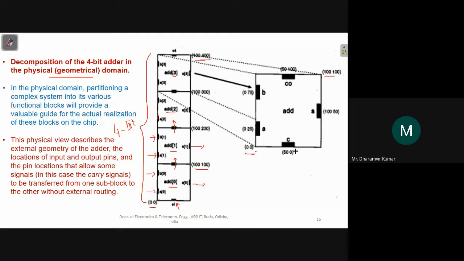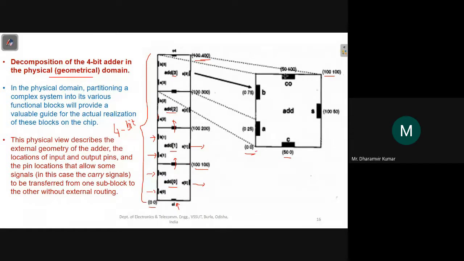This 50 comma 0 gives the location for this carry input pin, this 0 comma 25 gives the location for this A input pin, and 0 comma 75 gives the location for this B input pin.